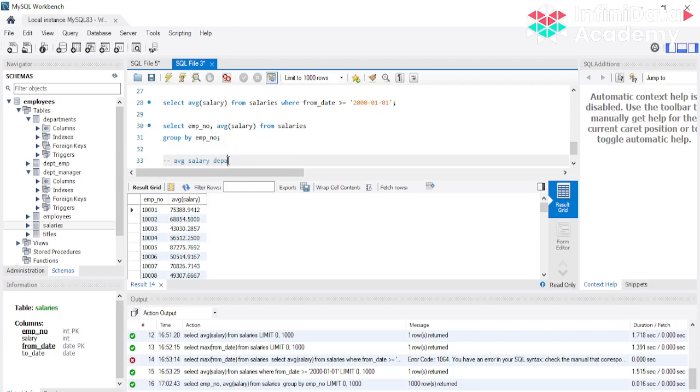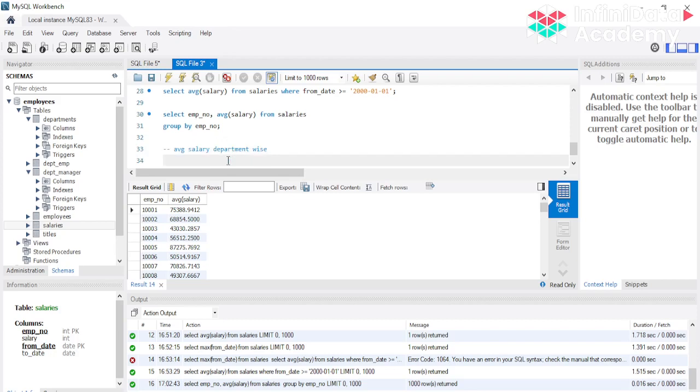So let's go to our use case, that is, we want to see the average salary department wise, not per person but average salary department wise. For this, as we have discussed, we have 4 steps. And firstly we have to merge 3 tables, that is employees, salaries and department.